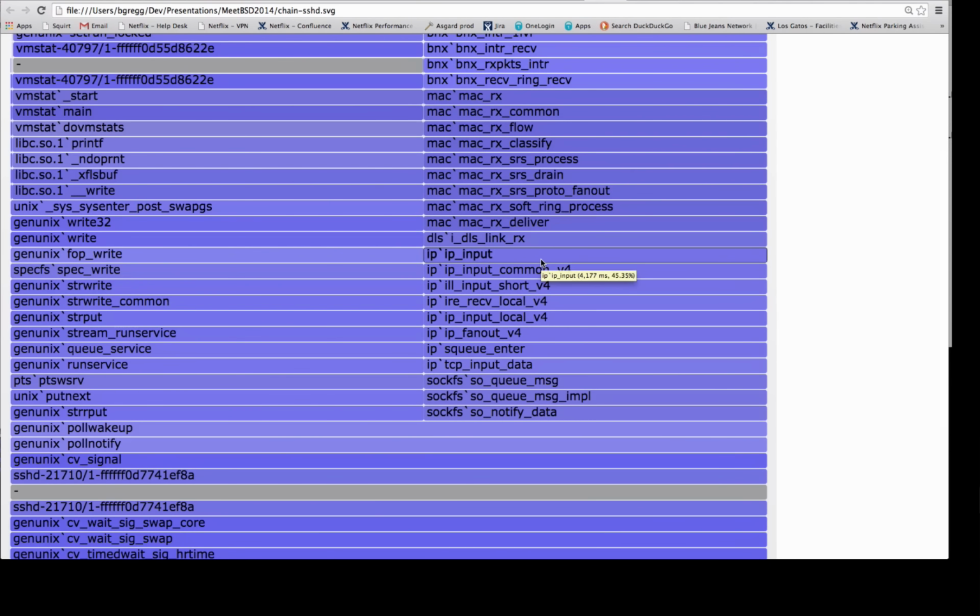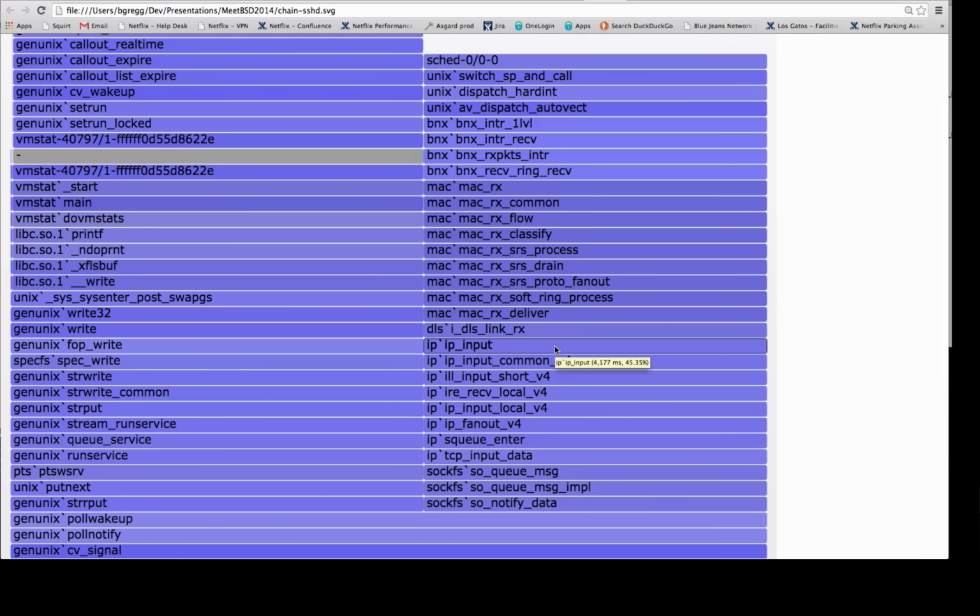This path over here is, I'm being woken up by TCP/IP, which is not a surprise. A packet came in and I was blocked on that. This other path says I was woken up, remember this is SSHD, I was woken up by string write. All right, so the write syscall woke me up, and if I go back up, I see it came from vmstat. Vmstat did a write syscall which woke up my SSHD, and the reason is in a window I'd run vmstat space 1, and that was updating the screen, and it's doing the wake ups, and so associating them together